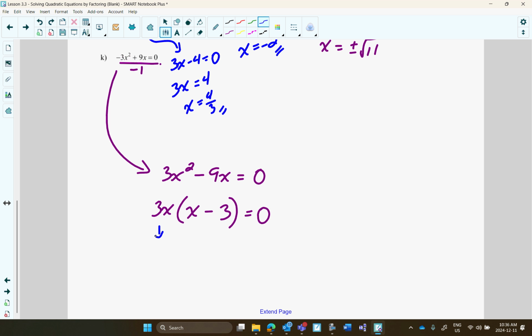Therefore, one of my answers will be when x is equal to 0. And what's this one? 3x minus 9 is 0 when x is 3. That would make that 0. Okay. So for Monday,